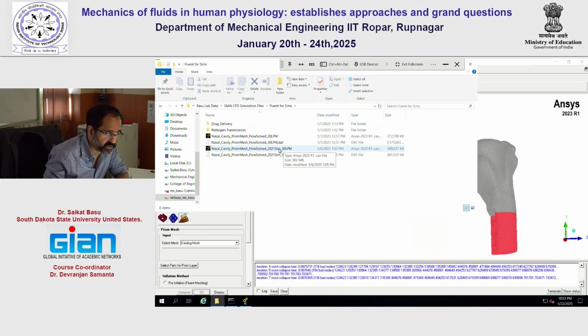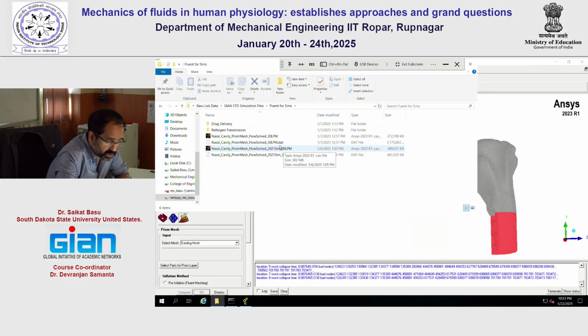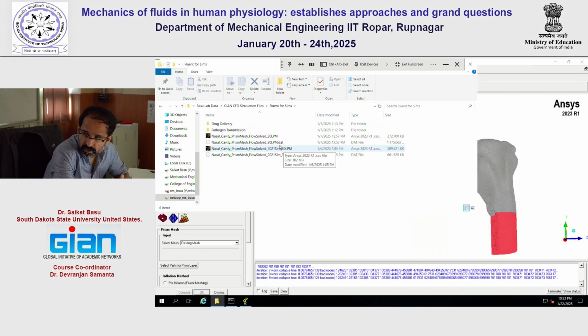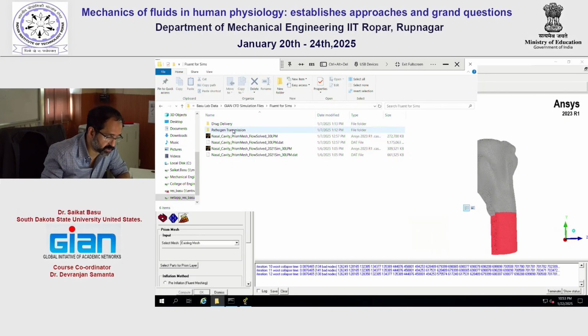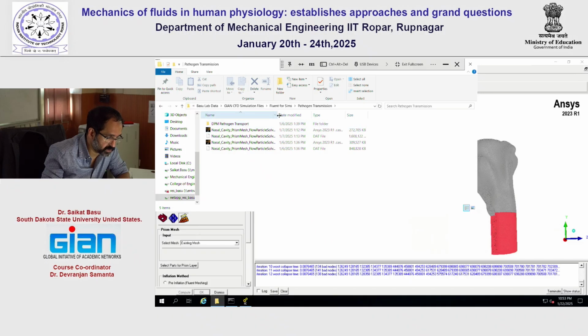Once you have the flow field, as we saw in the workflow, the flow field is going to impact the particle transport. The particle transport is going to be inert and not impact the flow around it. So once the flow field has been saved, these subfolders over here are the particle tracking simulations, respectively for drug delivery and pathogen transmission. So if I open one of them here,